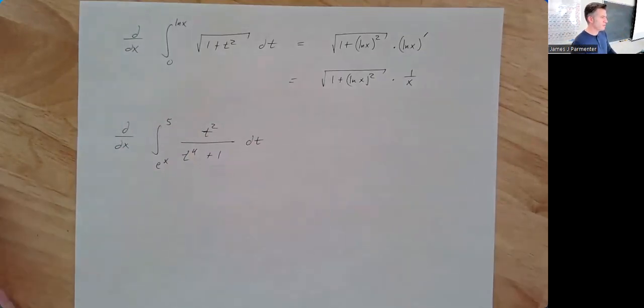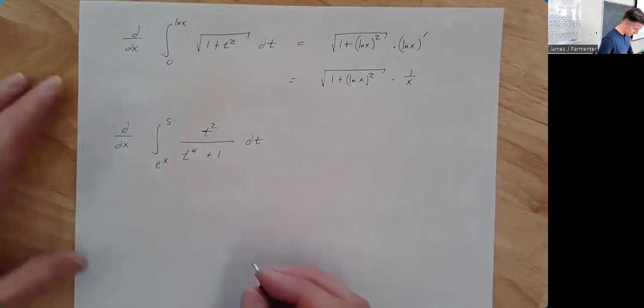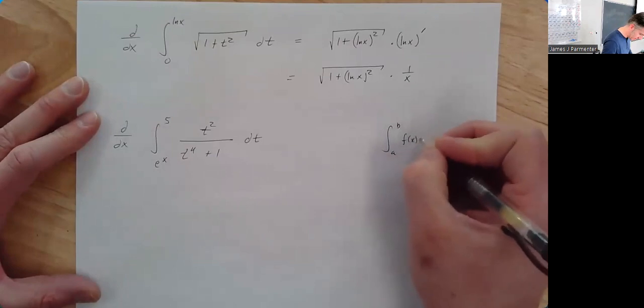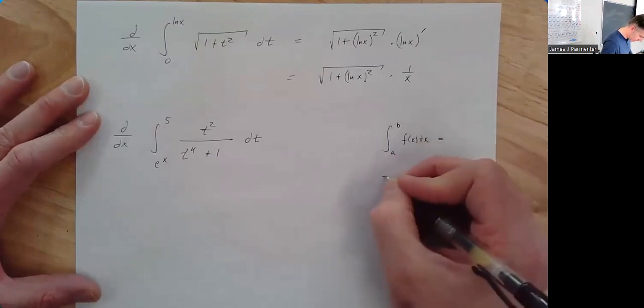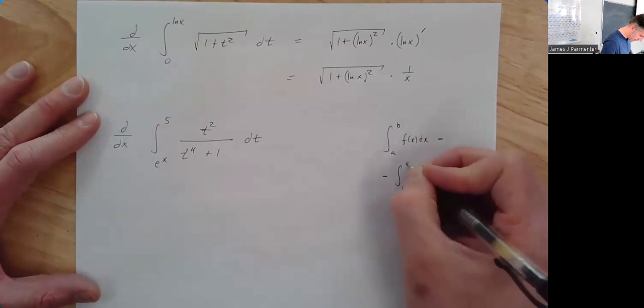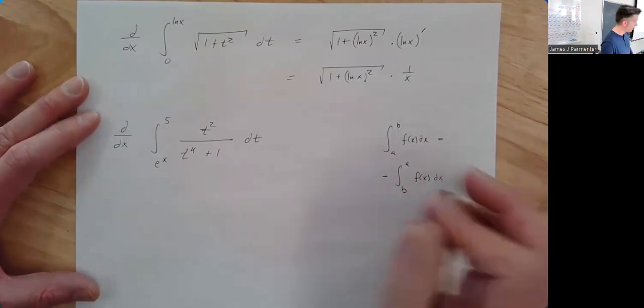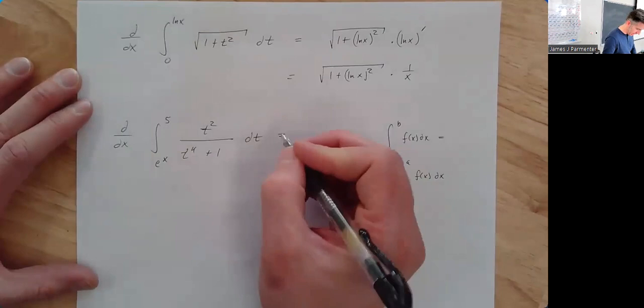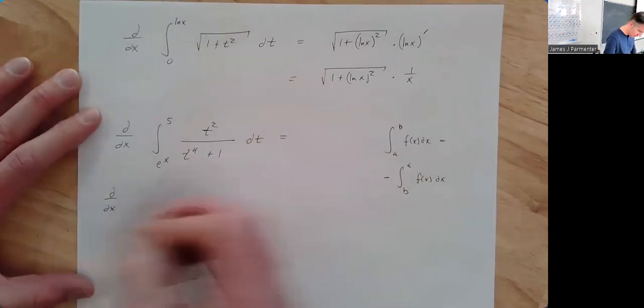Our function happens to be in the wrong spot, right? We're used to having the thing that has x in it be the top limit of integration, not the bottom limit. So we're going to use a rule that we actually haven't talked about in this class, but you might have already seen: the integral from a to b of f of x dx is equal to the negative of the integral from b to a of f of x dx. Or in other words, if you change the order of the limits of integration, you change the sign of your integral. So we could rewrite this as the derivative of